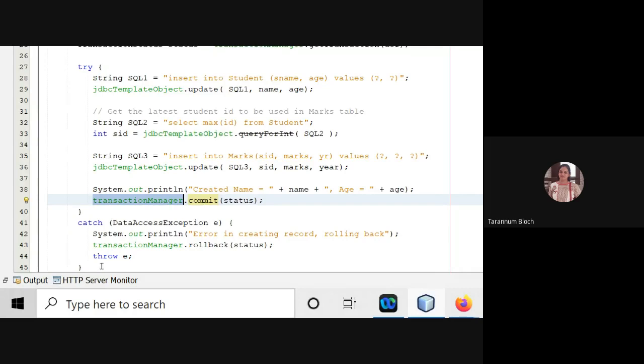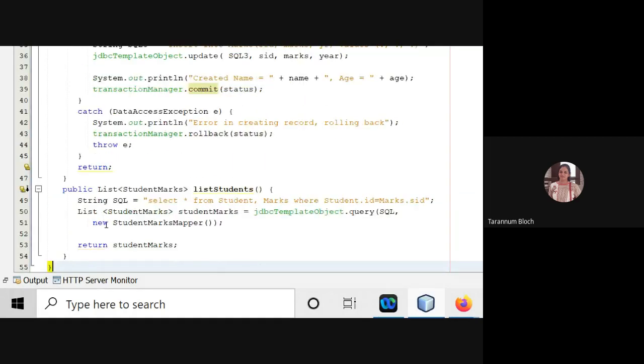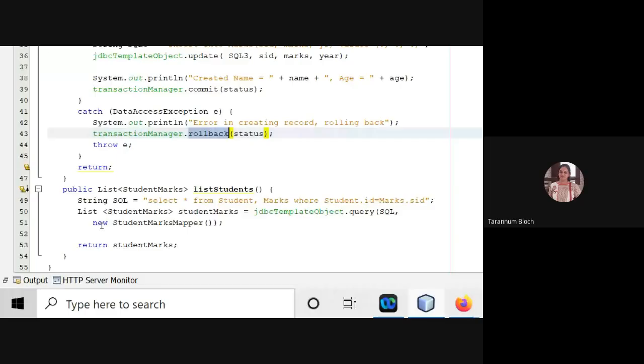So transaction manager dot commit. In case there is an exception, we have to roll back. We know that, right? All the 3 queries have to be executed. Otherwise, if there is a problem, then the try block will not be executed. It will be at the catch block with the data access exception. So we say error in creating record, rolling back, and we are saying transaction manager dot rollback.